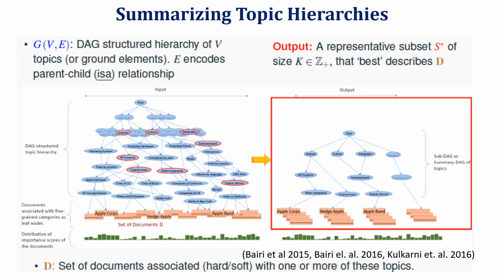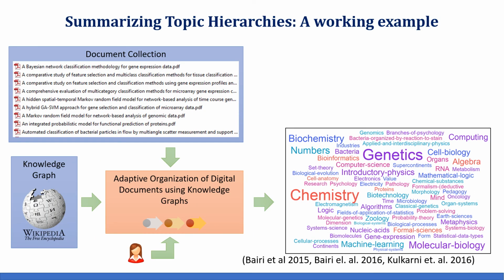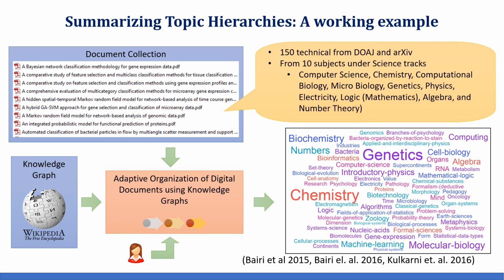At the same time, you're able to meet the budget constraint, that is you have an upper bound on the number of elements that get selected from this DAG. Now this has been studied in several works in the past. Here's a working example. You're given a document collection and you have a knowledge graph. You need to identify a subset of concepts shown here in the form of a word cloud from this large hierarchy or DAG. And as a concrete use case, you might have 150 technical documents, 100 subjects under science tracks,